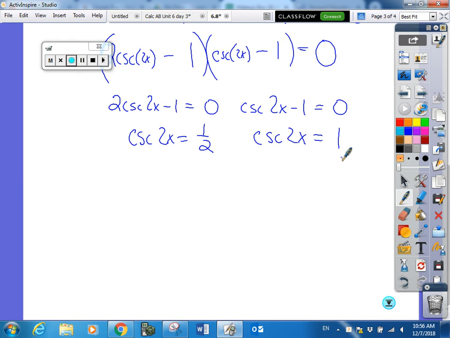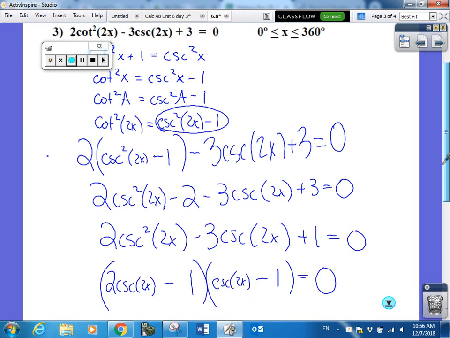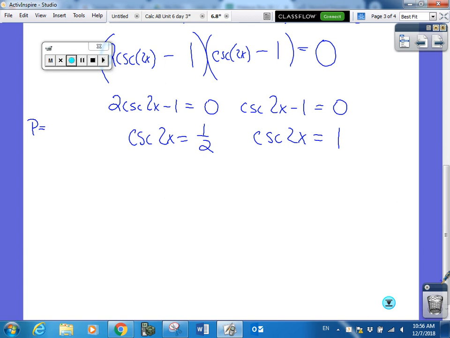So again, this is where we can determine our period. Our period is going to be, I can't remember if we're in degrees. We're in degrees. Okay? So our period is going to be 360 degrees divided by b, which is 2. So our period is 180, which we are going to need to know in this problem because we have to